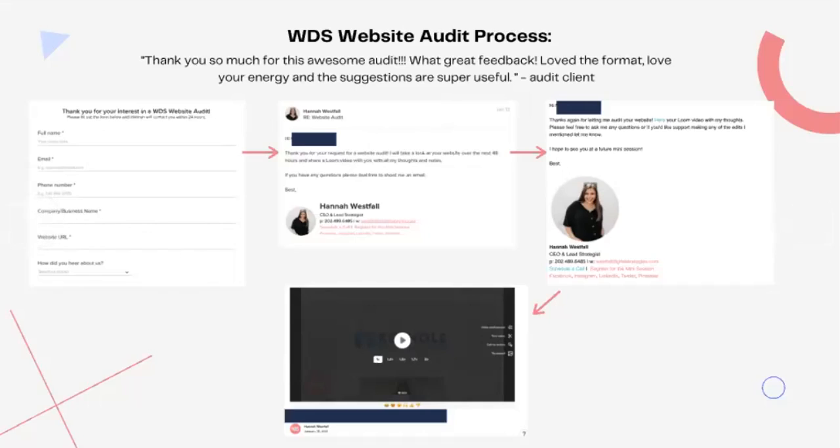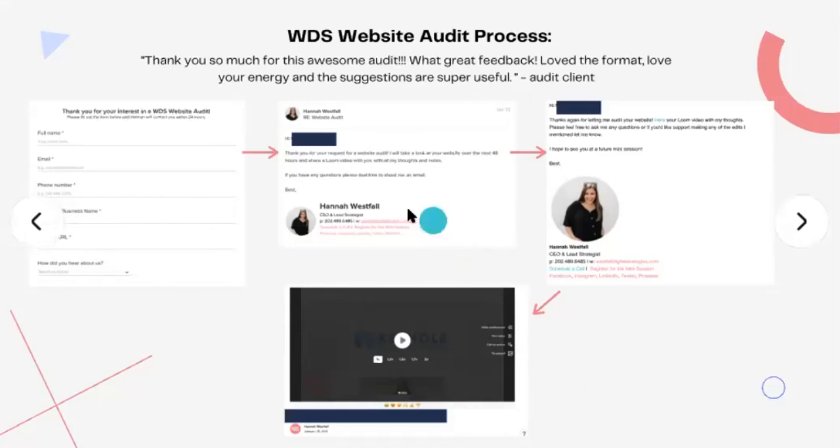As you can see up here, the first thing people do is fill out that form, and it's really simple and really easy. That was the purpose, right? On that page, the form is all that's there. And I want it to be as simple as possible with as few questions as possible while still getting all the information that I needed, right?